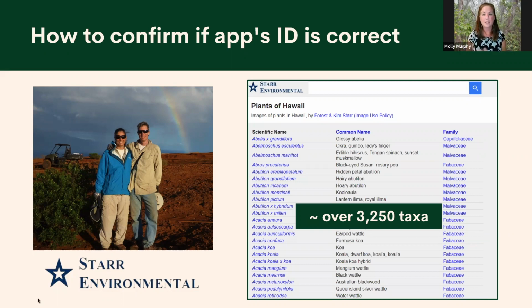You type acacia into the search bar, look at the pictures, and use dichotomous keys or websites, anything you have for good information, to figure out what best fits your needs and how to get the best plant ID. Next slide.